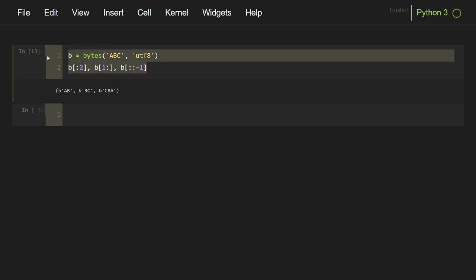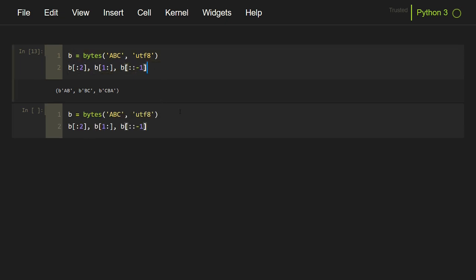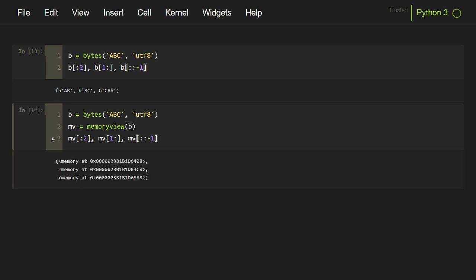Now we can use the memoryview function. So I will copy this entire thing, and before operating the slice operator, I will create a memoryview object, and I will pass the bytes or bytearray object to this function. It will return me a memory object. Now you can use the slice operators on this memoryview object normally. So I will convert all b to mv to apply slice operators on the memoryview object, and after applying slice operators it will still return me a memory object.